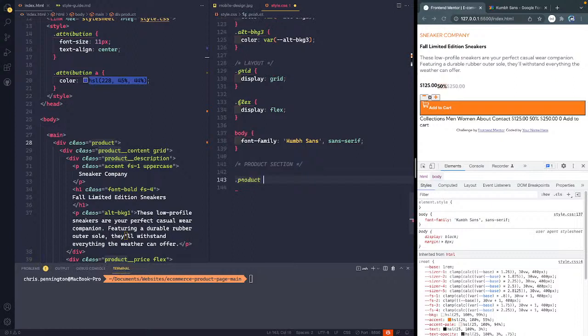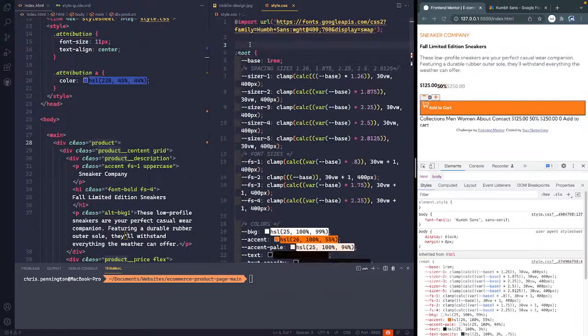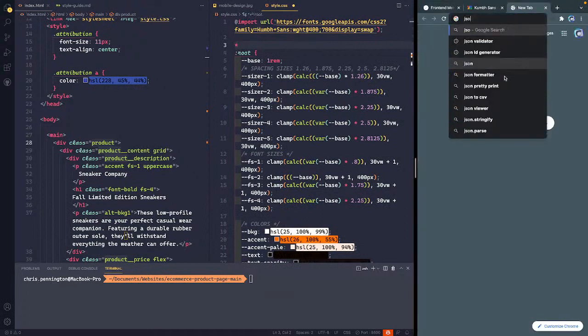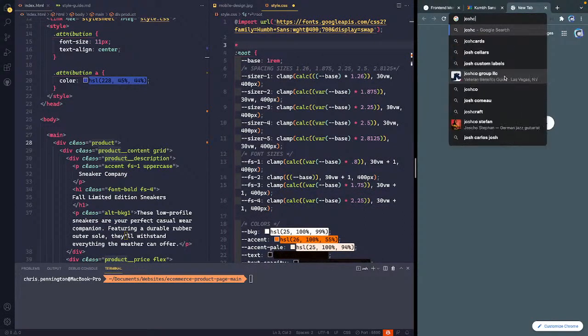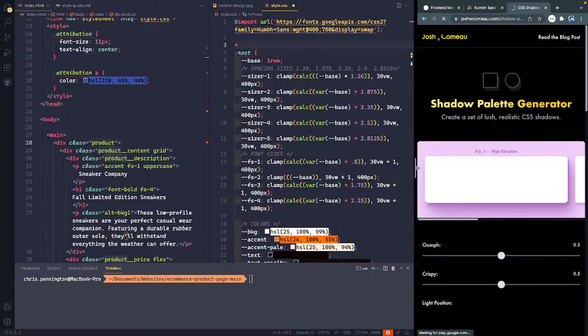All right, product class. And this is where I'm going to put padding. And I'll do var of sizer 1. Cool. I also probably need to do clear up top, which I never did. So let's just do, let's see, Josh, what was that guy's name? Josh, come out. There we go. This guy,